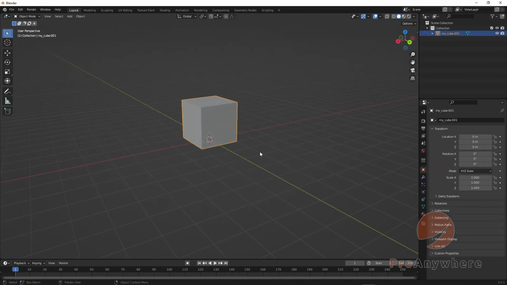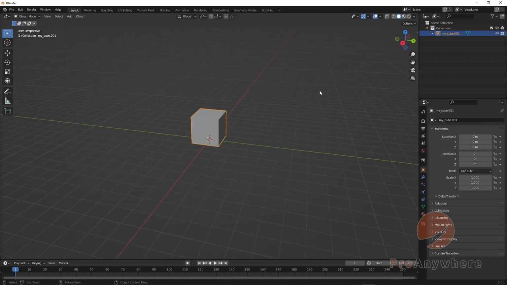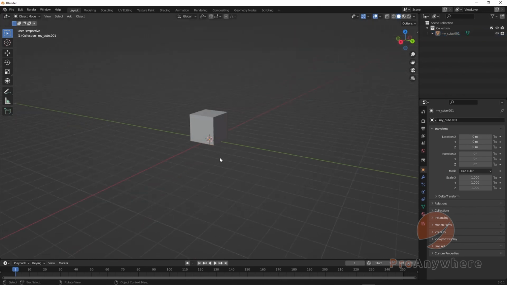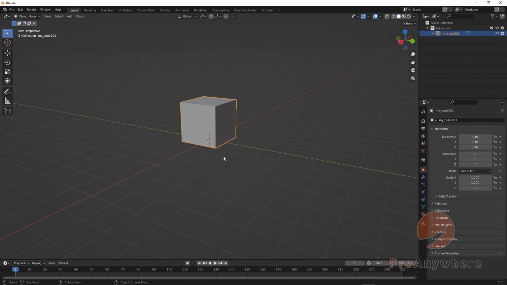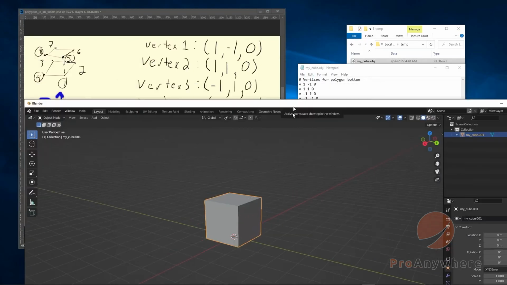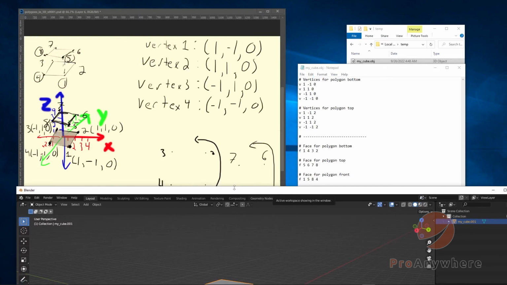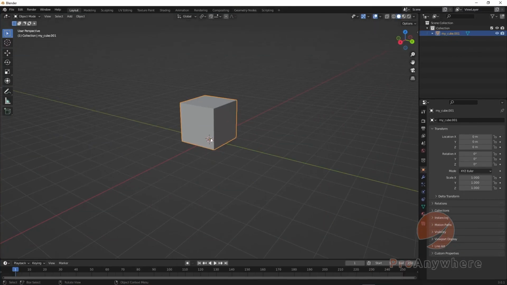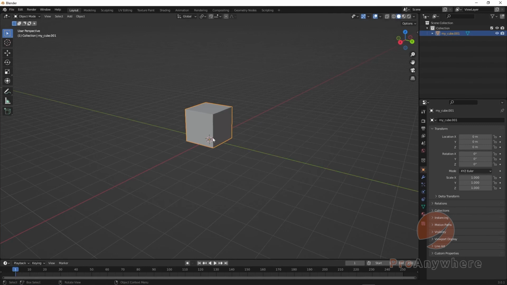So this has been modeling a cube, basically line by line, defining the vertices and then saying what the faces are. This is how it was done in the past. As you can see, how much time and how much you have to think about the coordinate system, and how complicated this is with just a cube or even a plane. If you want to do a more complicated object, if I just move that out of the way,